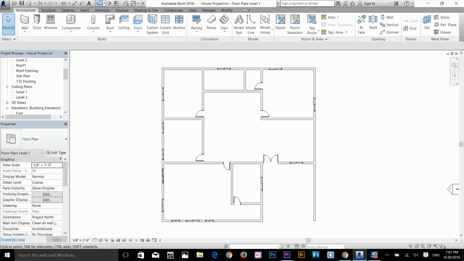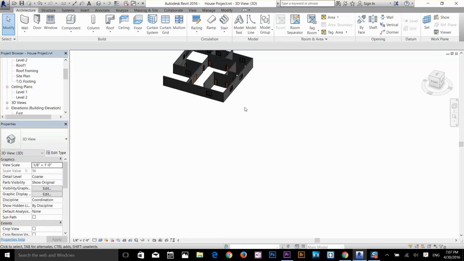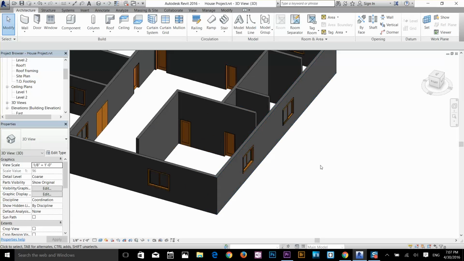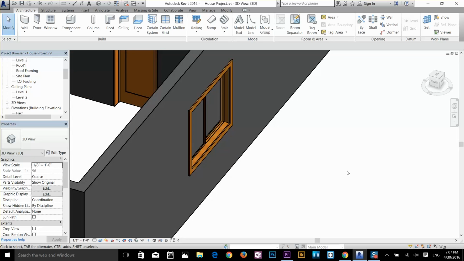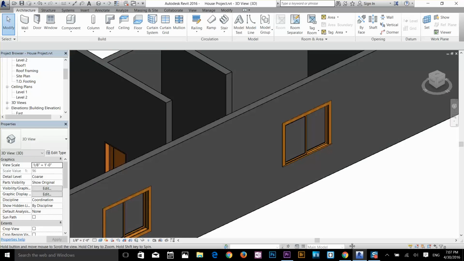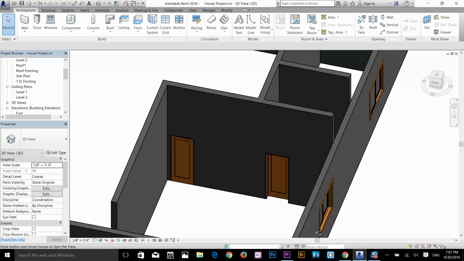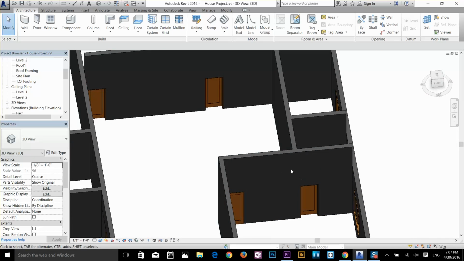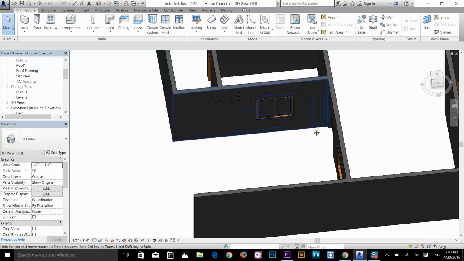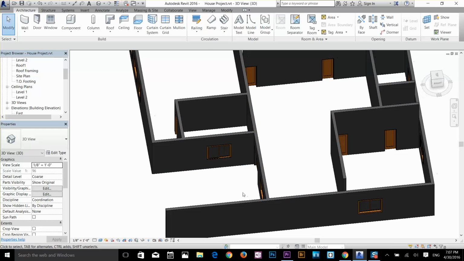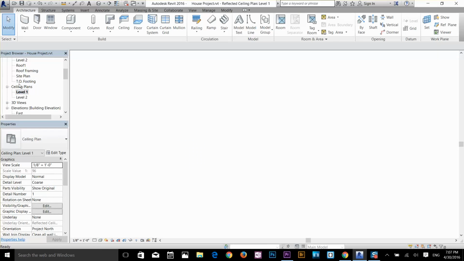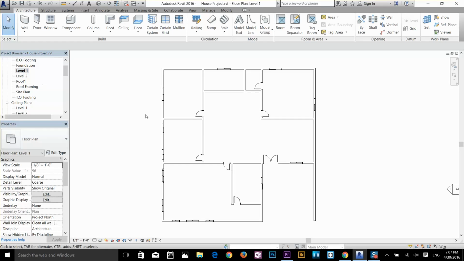So I'm just gonna quickly go and look at that in 3D. So alright, so we got one window done here. There's another window there, that's fine, and pretty much everything's fine now. So I'm just gonna go back to my level 1, and now what I want to show you is I want to select all the